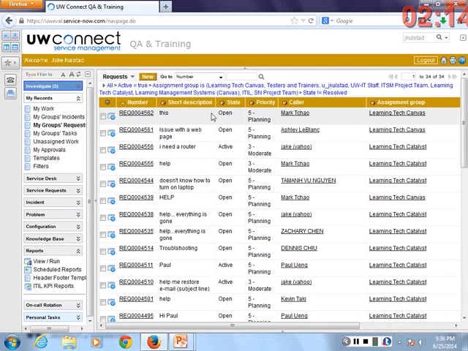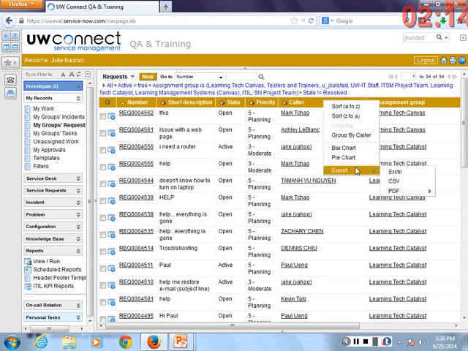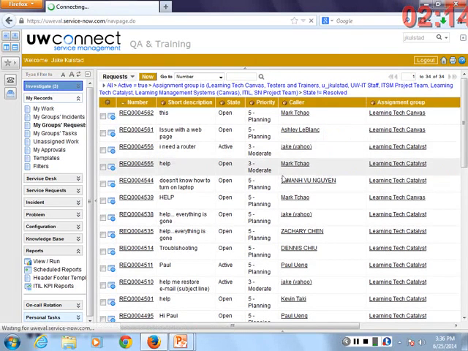On the note of reports, I'm going to pull up a list view of the database. So I went back to my records, my group's requests. Any list view of the database can also be a report. So if I did a filter of the data to kind of drill down and find some relevant records, you could right-click on any header, export. You'll also notice I can make a bar chart or a pie chart, but I could export this to Excel.